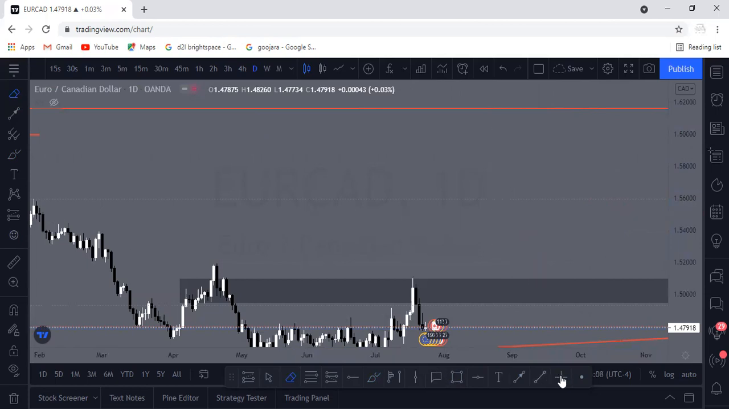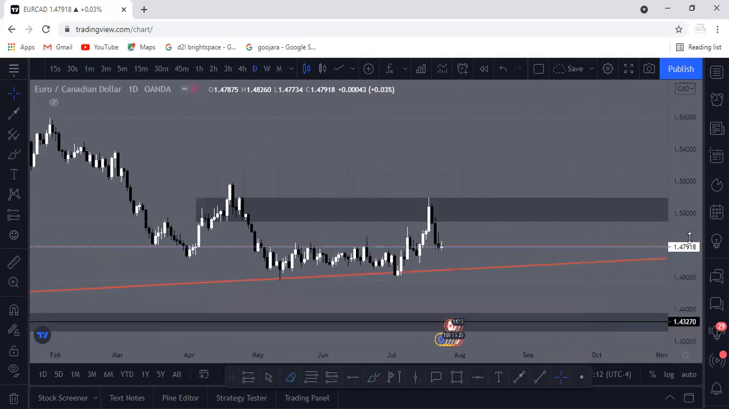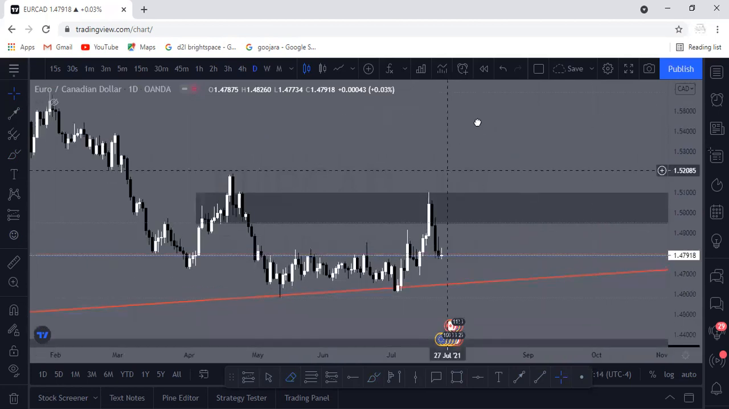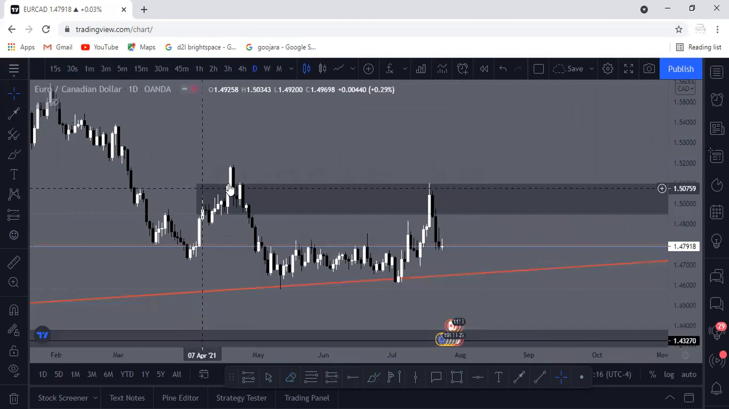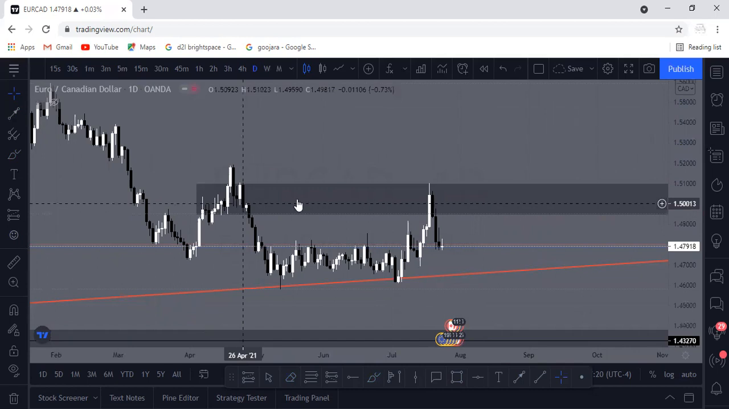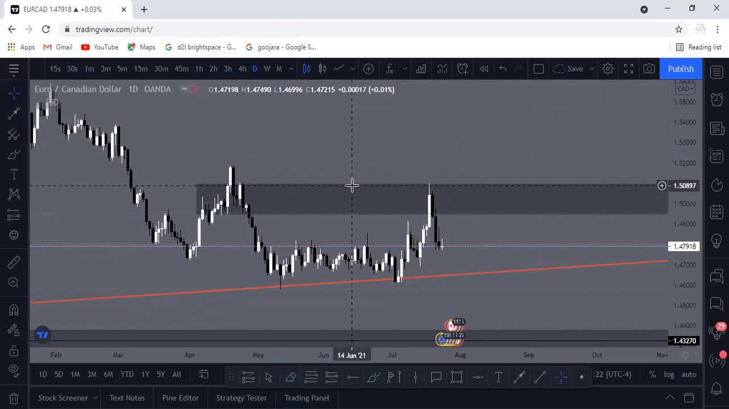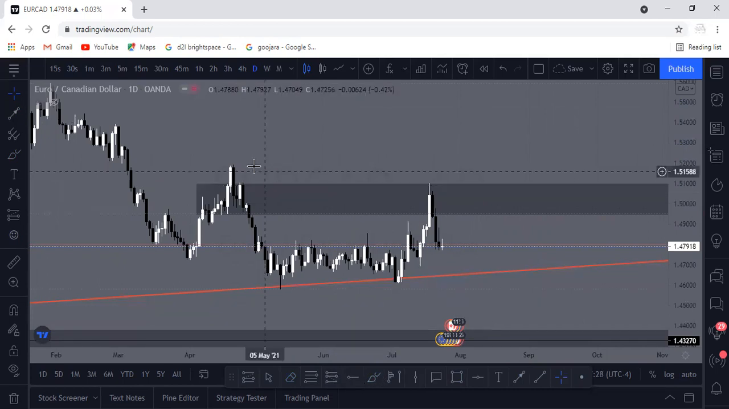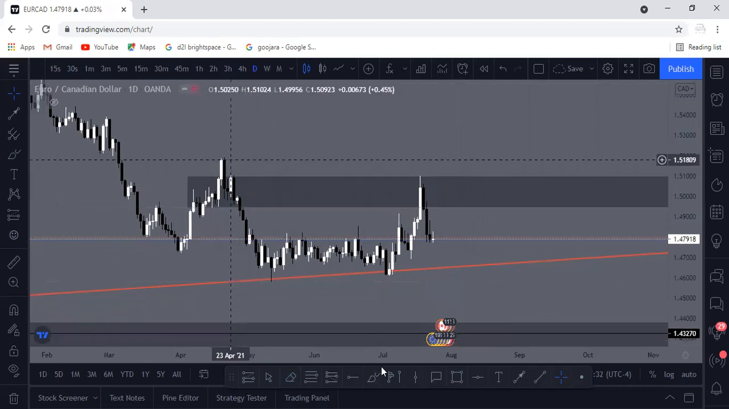So now let me come to this one and analyze it very quickly. Now we have this one here. Let me tell you something about this. You see, we have this order block here and also this order block. If you check on the weekly time frame, we can go back there if you want to. You can see that